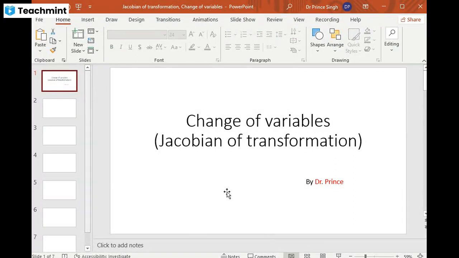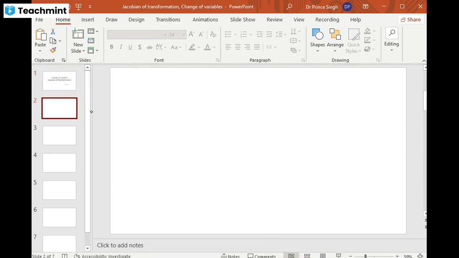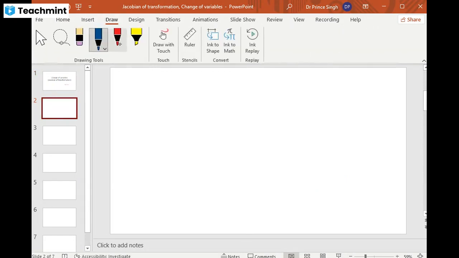We are going to discuss the topic change of variable, where we are going to discuss the content of Jacobian of transformation also. So, before we start with the topic of the Jacobian of transformation, let me first tell you what the Jacobian of transformation is. The Jacobian of transformation means that when we transform one set of variables into a new set of variables, right,